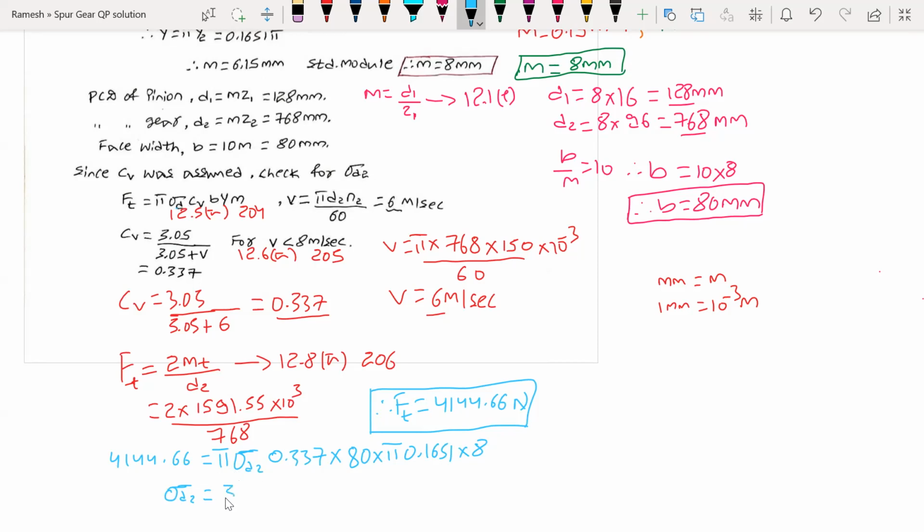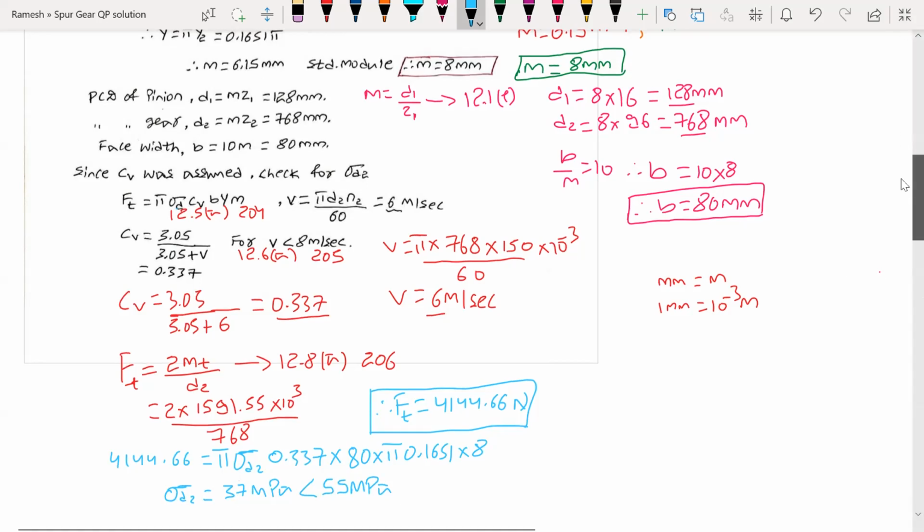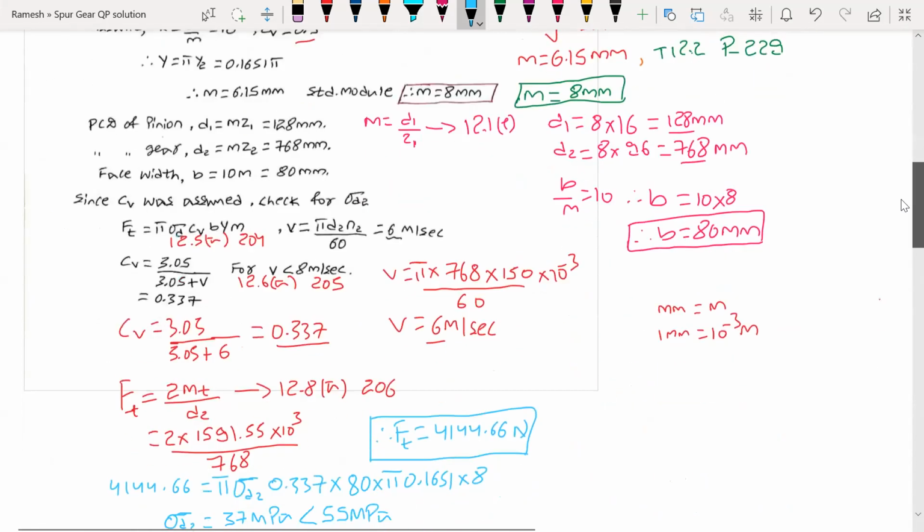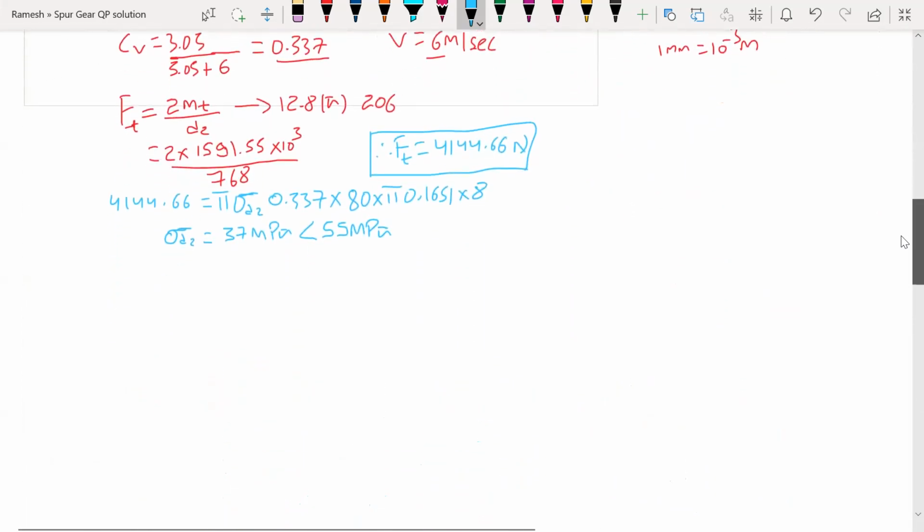Calculation, I'm going to get it as 37 megapascal, which is less than the given data, that is the permissible stress of the gear. Here you can see that the permissible stress of the gear sigma d2 is given as 55, whereas the value I calculated is 37, which is